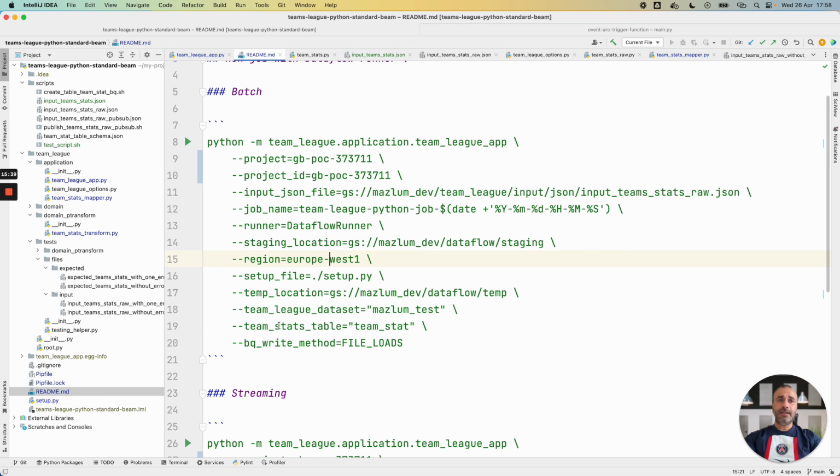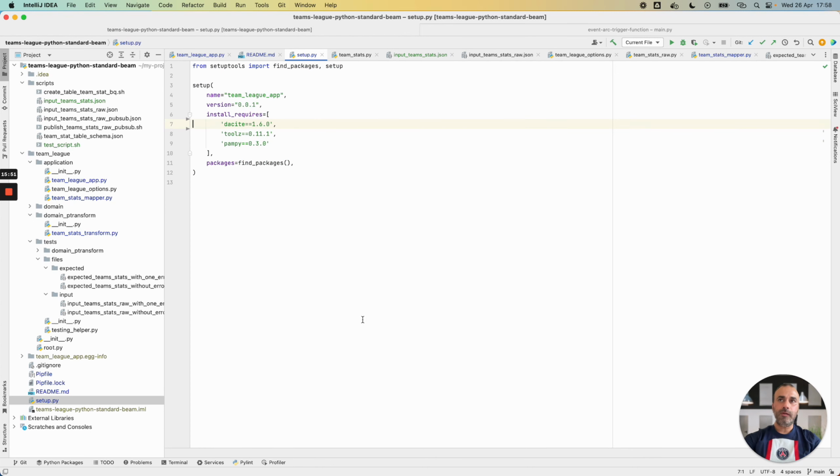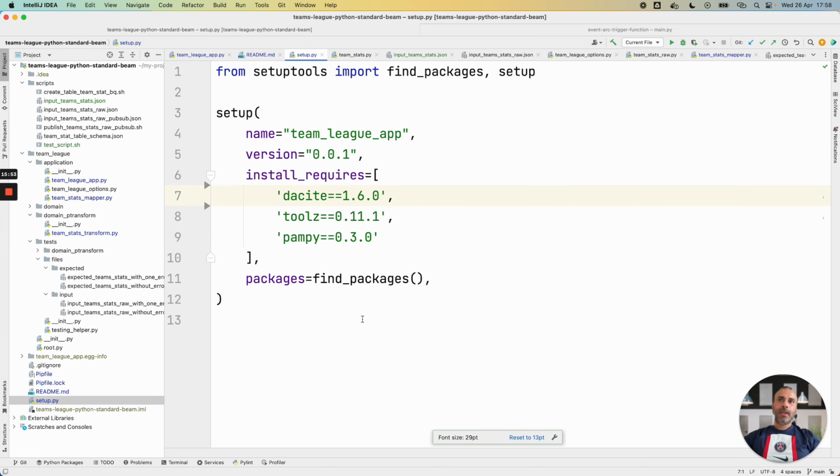An element that is important with Python, this example shows how to launch the Beam job with a setup.py file. For Beam Python, we have the runner that will instantiate the Dataflow job.